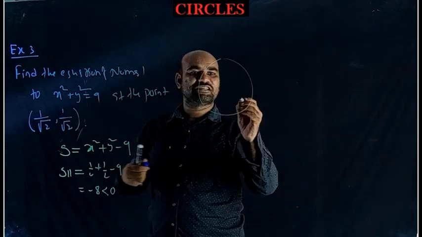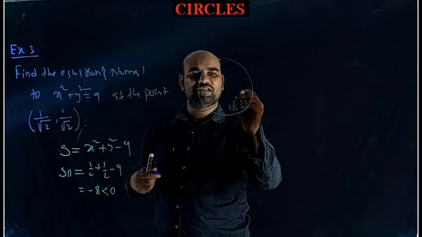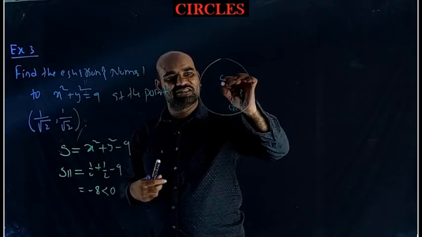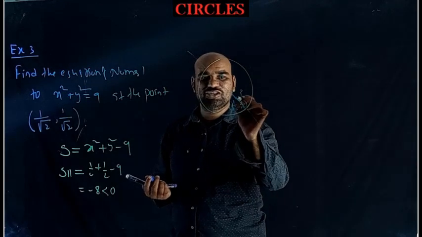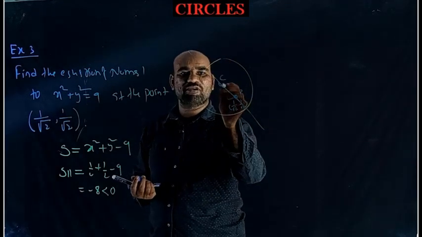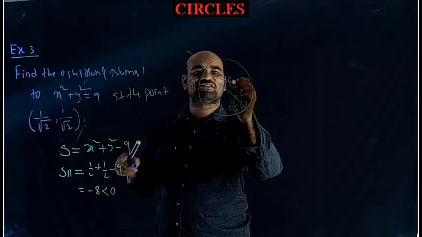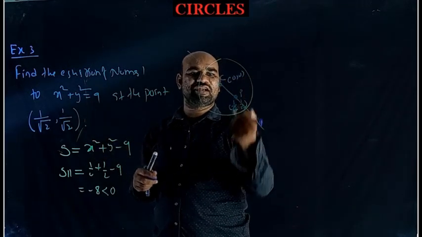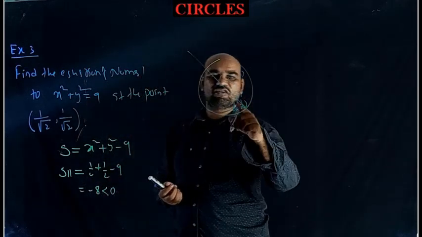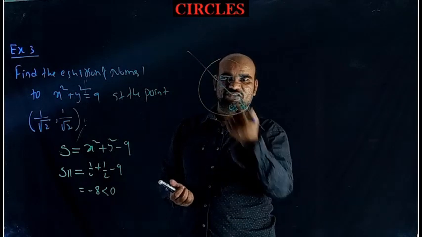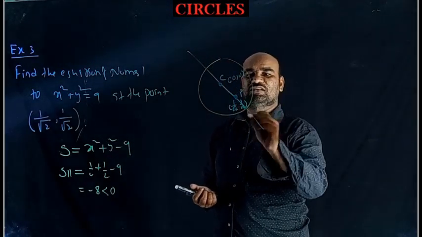This is inside the circle, the point. What are the coordinates here? (1 by root 2, 1 by root 2). So this point is P. Center is C. Just we want to find the equation of CP. That only is the normal, no? Through this point you want to draw the normal. Automatically the normal must and should pass through the center of the circle. The center of the circle is (0, 0). So (0, 0) and the point is (1 by root 2, 1 by root 2). Now you want to find the equation. Just (0, 0), (1 by root 2, 1 by root 2) means y equal to mx only, no? Directly you can find it. That is not a big problem. Slope of CP.